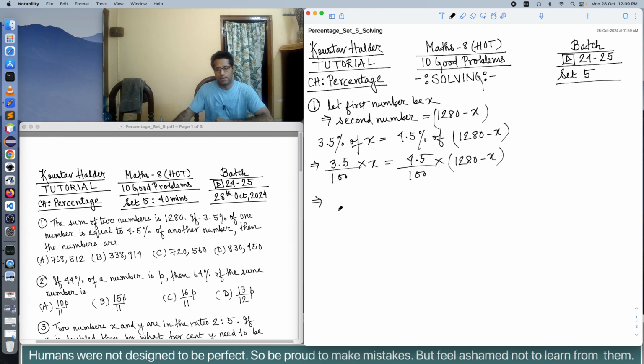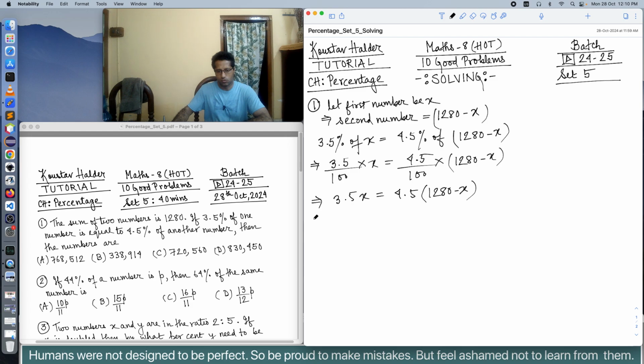Since we see on both sides the denominator is 100, we can simply cancel 100 from both sides, or in other words multiply both sides by 100, and we get 3.5x is equal to 4.5 multiplied by (1280 minus x). Now if we are not comfortable with decimal numbers, we have two decimal numbers, 3.5 and